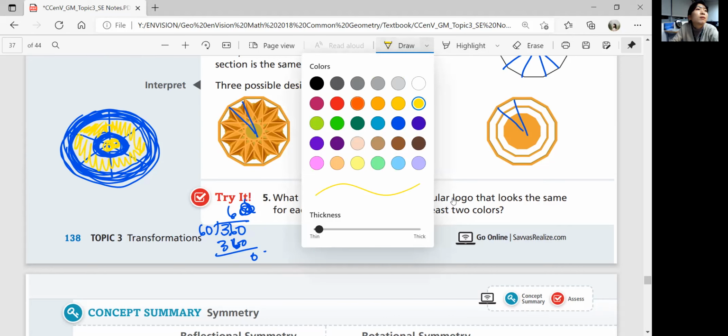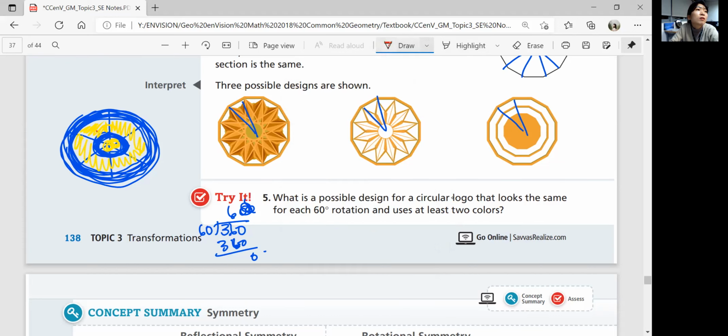And then I can maybe put a heart because I love hearts, or should we do a star so that it looks similar to Captain America? Okay. And all the stars actually have to be symmetrical, and let's assume that all these stars are symmetrical, okay, even though they do not look symmetrical. Okay, so you get the idea. So this would be a possible design for a circular logo. It's circular. That looks the same for each 60 degrees rotation. 1, 2, 3, 4, 5 rotation will make a full